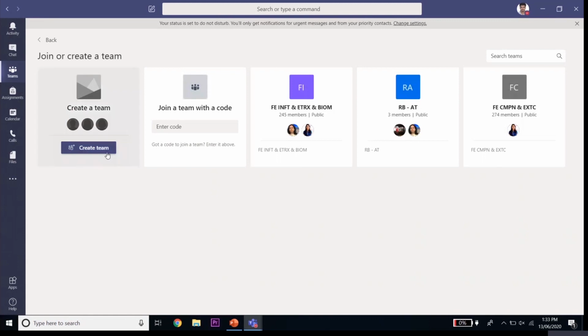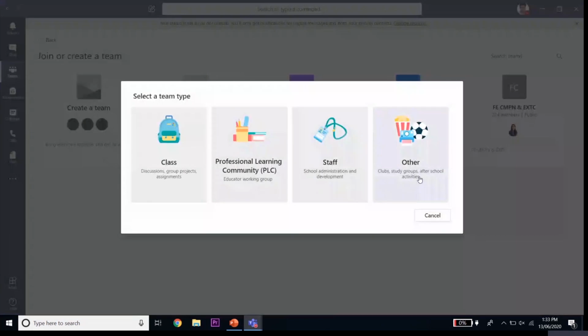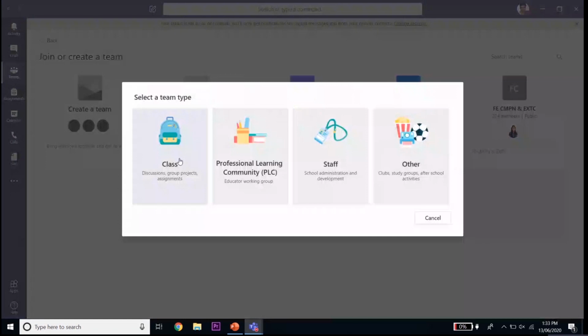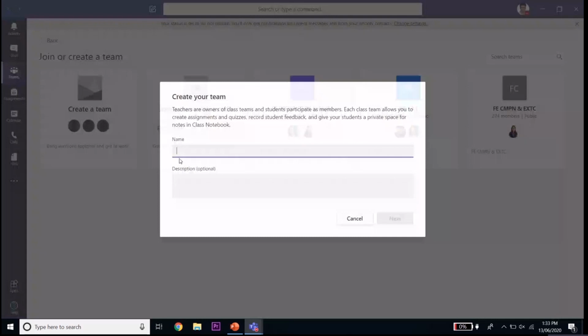Here you see a create team button. As soon as I click the create team button, I get four options. These four options are nothing but the types of team we just described. Let us first see the type of team, class. As soon as I hit the class button, it asks me for the name of the class. Your college could follow any nomenclature it wants. For our example, I am just inputting INFT semester 3